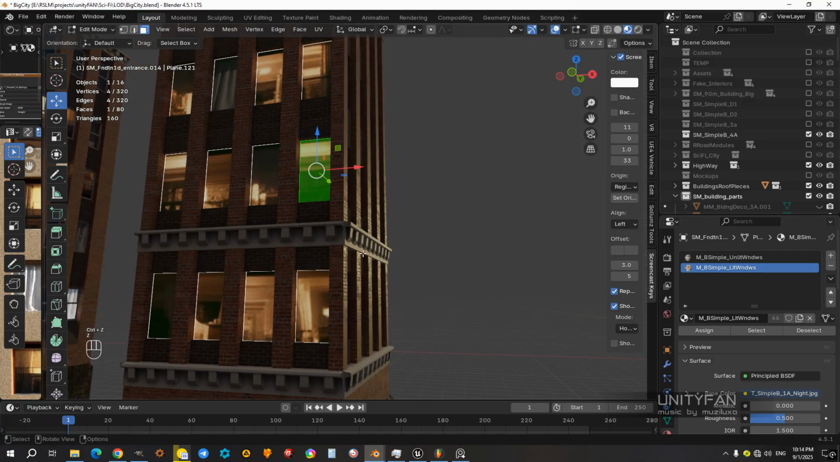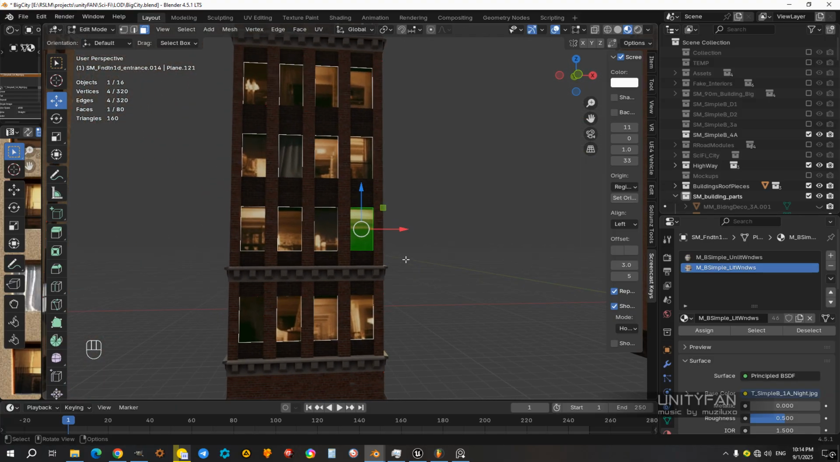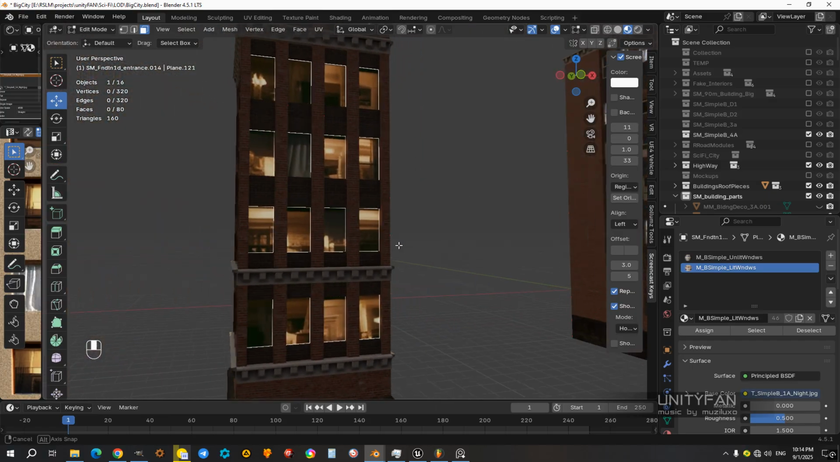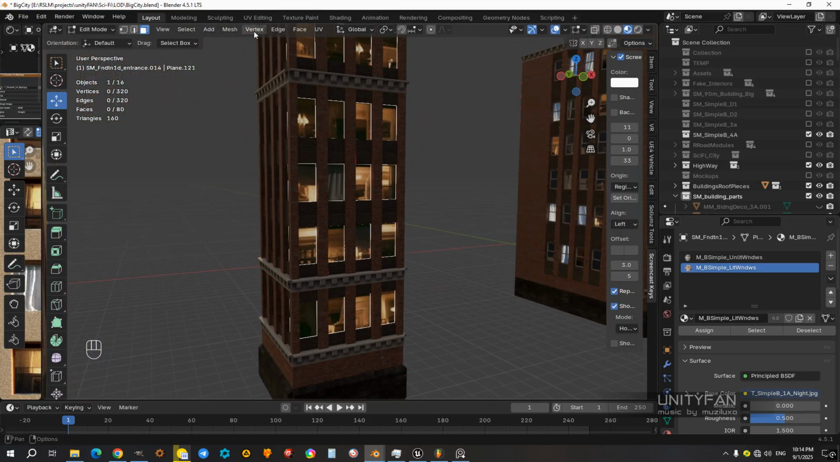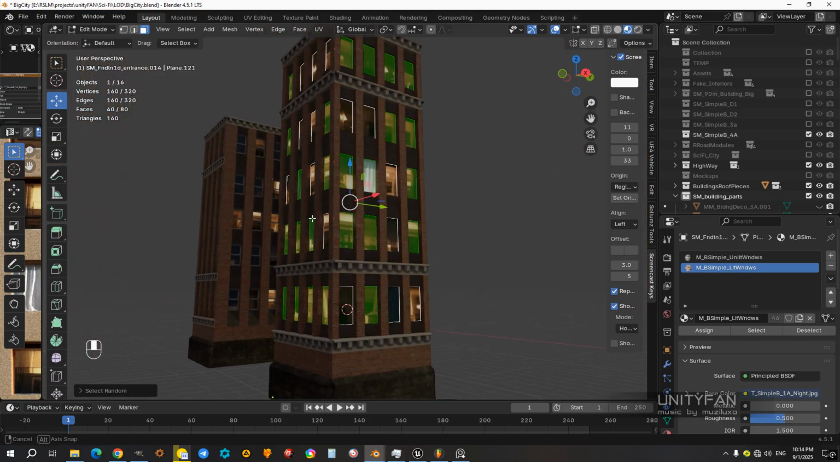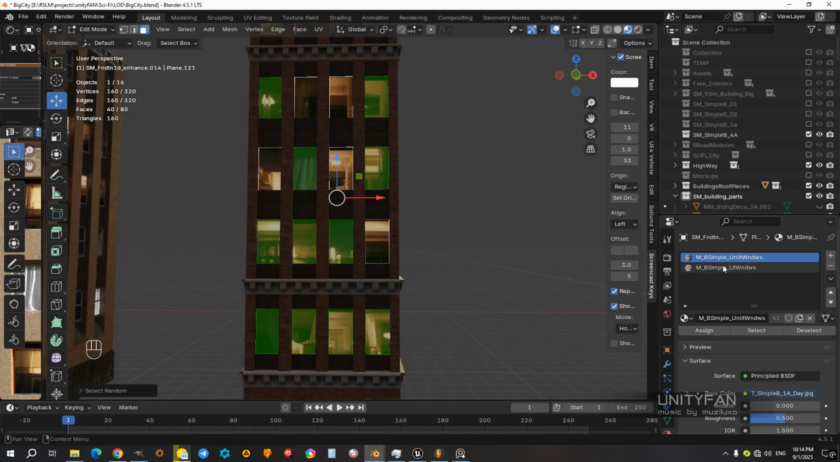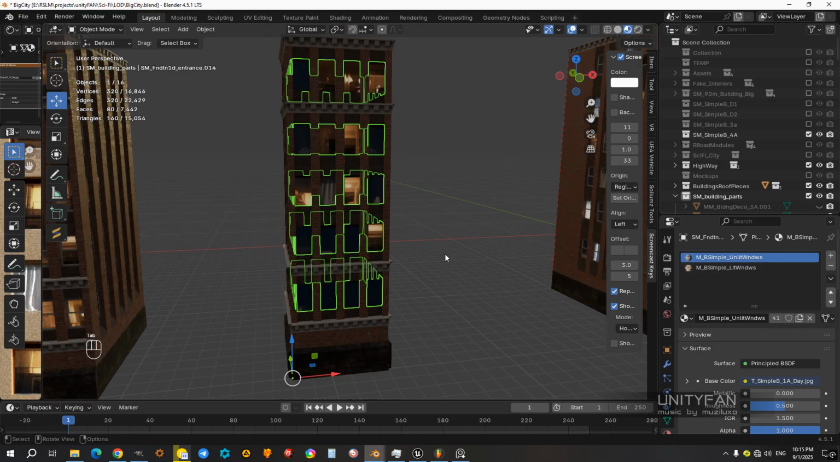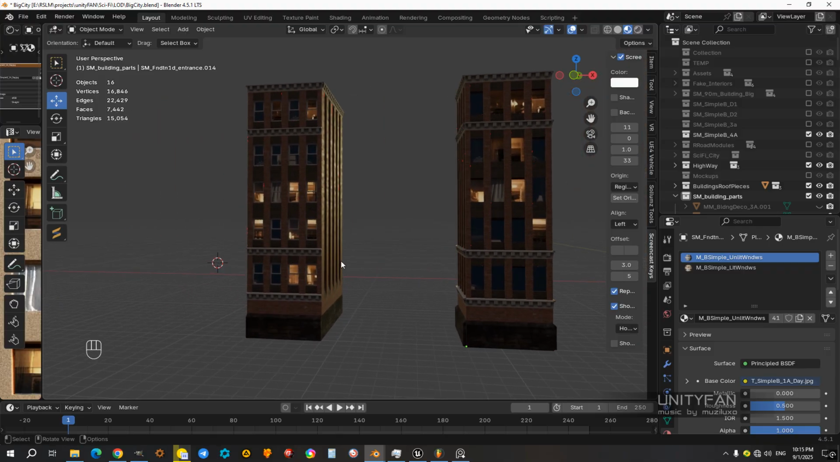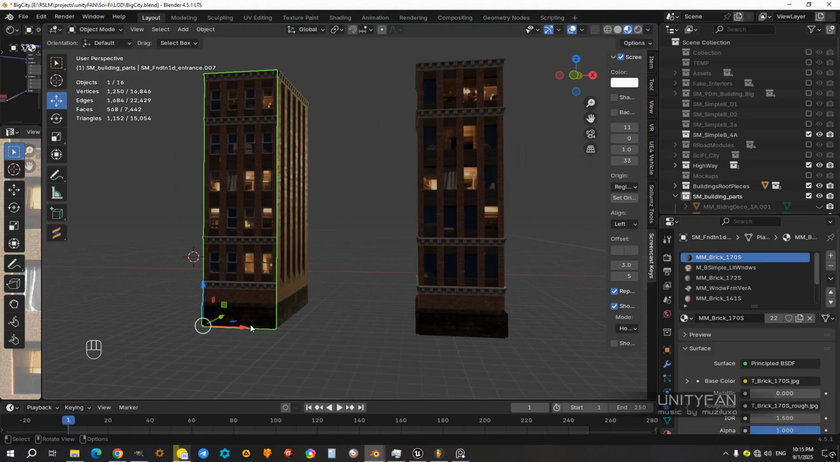That's weird. Maybe I accidentally duplicated them. Just try it one more time. Select random. Okay, this looks better. And then choose different material and assign. Now, if you compare them side by side,